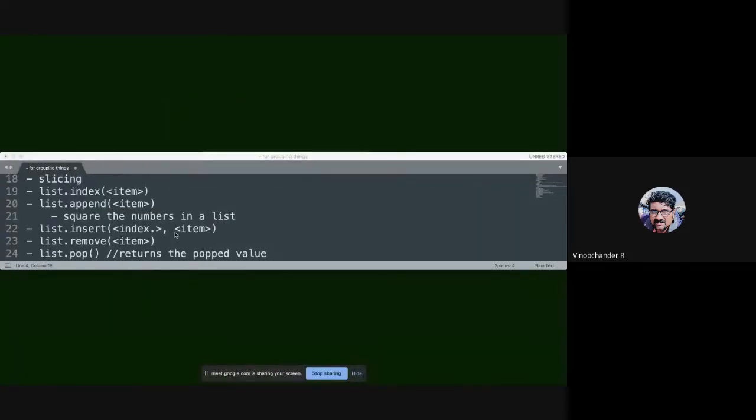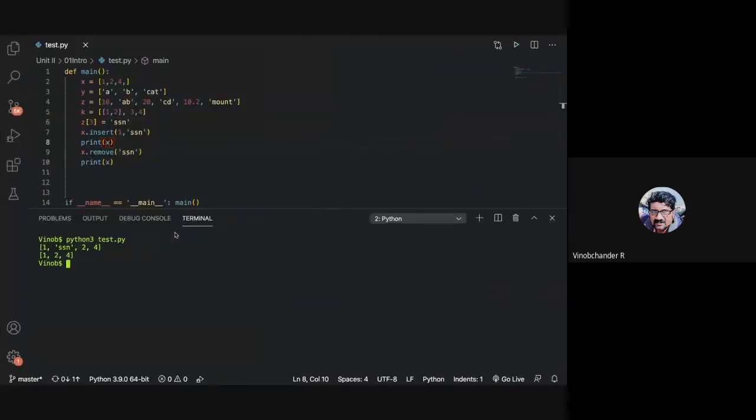And then you have got pop also. So what is the difference between remove and pop? We have to give the index in pop, and pop removes the last element. Pop removes the last element, correct. So let us pop the Y list. You can also give a desired index. Even I can remove a particular element with the help of index, not only the last element, right? Yes, using pop.